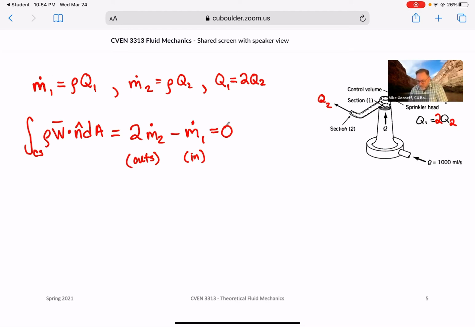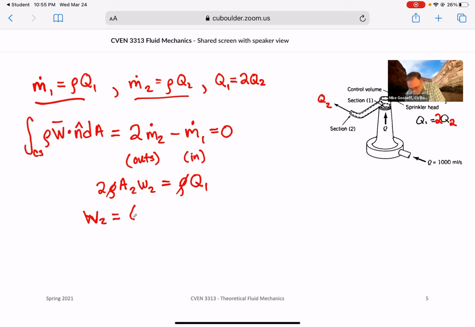So if we now replace with these terms up here, then we would have 2 times rho A2 W2 is equal to rho times Q1. Okay, so on the left-hand side, I took one extra step. I substituted in the rho times Q2, but I changed that Q2 to be area times velocity. Okay, so here's the area. A2 is going to be the area of the nozzle, and W2 is the velocity of the water coming out of the nozzle. Okay, we haven't considered anything about the spinning of this sprinkler head just yet. Okay, now of course we can simplify this to say the rhos cancel on each side, and so we can solve for W2